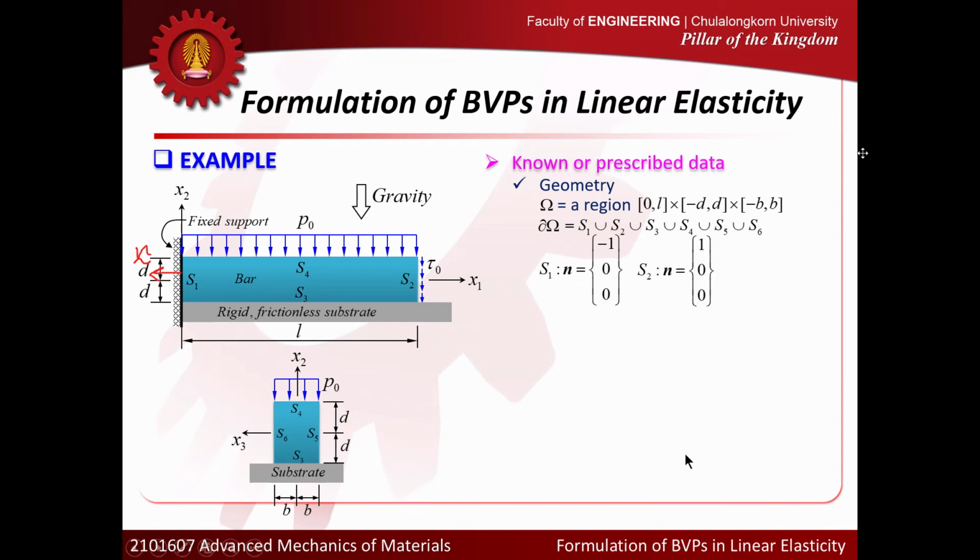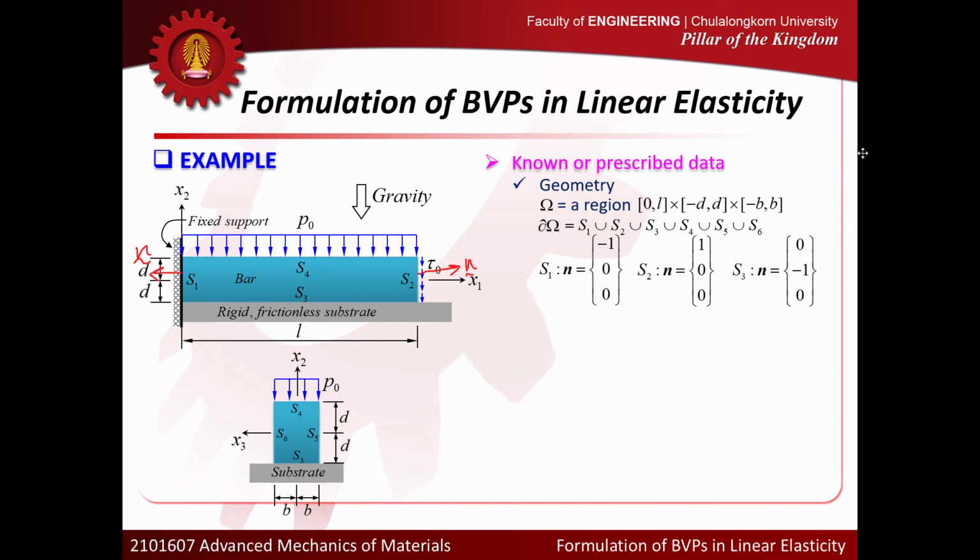For the surface S2, n is simply 1, 0, 0. That is clear because this is n, right? For this case, we can do exactly the same way. We can list,